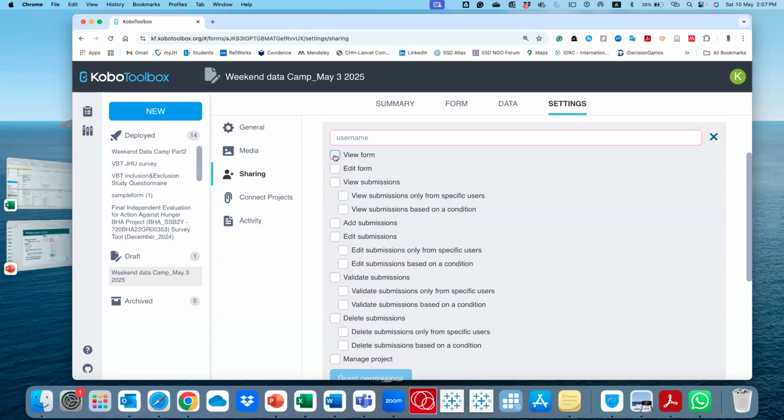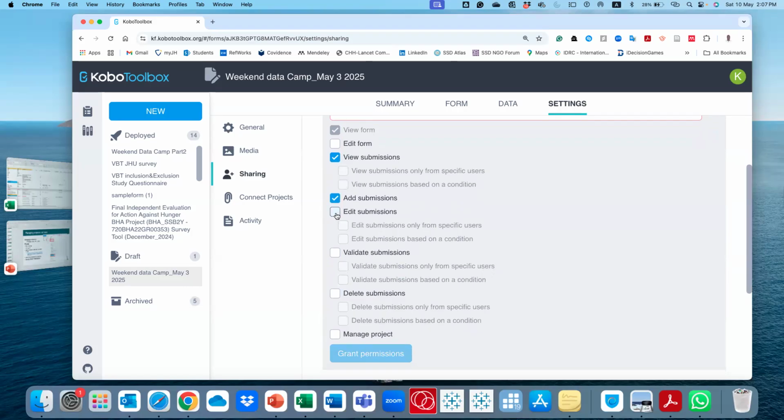They can just be viewers of the project form; they view, they don't do anything. They can be able to edit the form. You can be able to add submissions. This is mostly edit submissions. These are mostly the data collectors because they need to add submissions, and you maybe want them to edit as well.